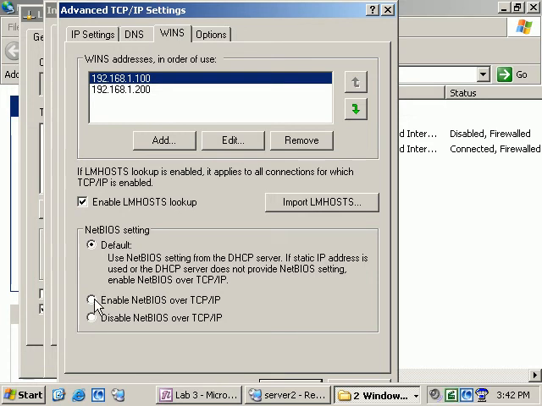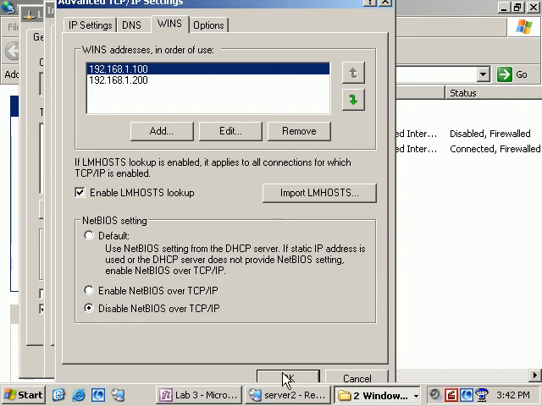If you choose this, this is a more specific setting than you get over here. So this is going to ensure that NetBIOS is enabled on your machine, even if the DHCP server tells us otherwise. And then disable NetBIOS over TCP/IP. Same thing. If we choose this option, it will be disabled on this computer, no ifs, ands, or buts about it. So if I click disable here and click OK,